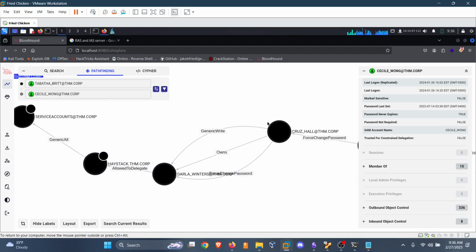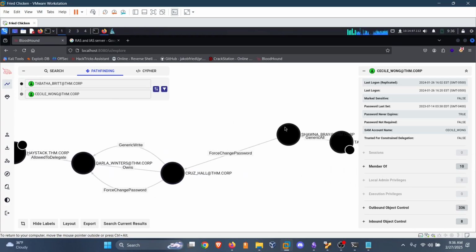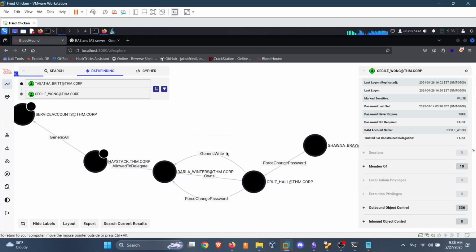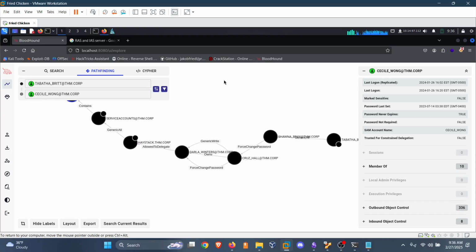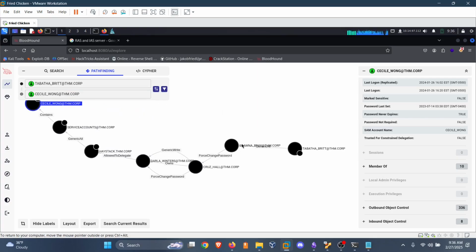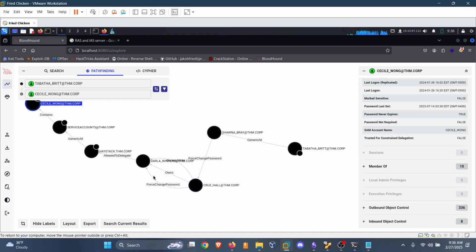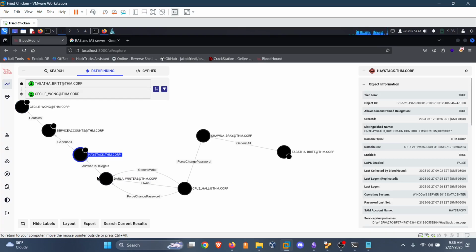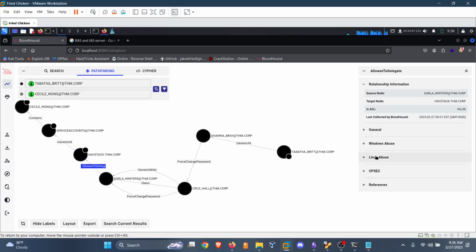Who is Darla Winters? Holy shit. So is this a path they want us to follow? Okay, that is fine with me. So change this password, force change this, owns this. Force change passwords for Darla. Darla is allowed to delegate to Haystack, and what she is going to be doing is